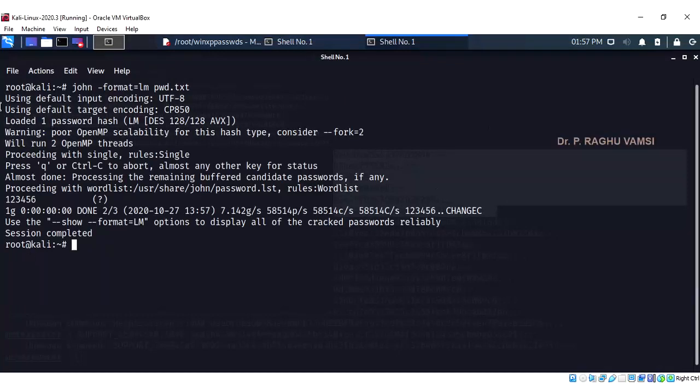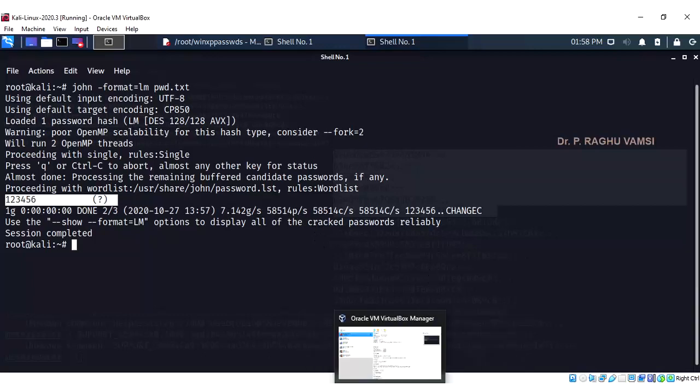In this entire output, you'll find it using the default input and all the things. Here somewhere you will get the question mark. Look, 123456 is the password of the administrator. Obviously, the password of the administrator is 123456. Because of weak passwords like 123456, John the Ripper is able to identify this very fast. So let's do another experiment.